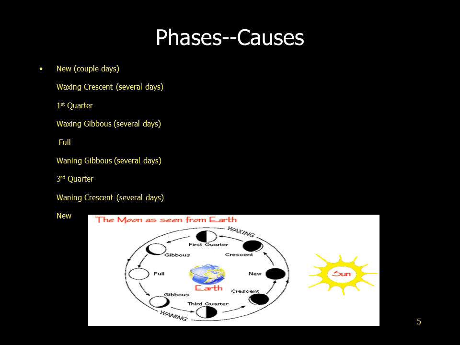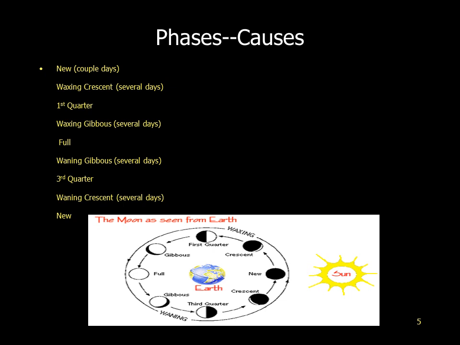First of all, the new moon. You can see the new moon here. At a new moon, the side of the moon facing the Earth is not lit. Then you can see the second step, that is a waxing crescent. What do you mean by waxing? Growing. The moon starts to grow, then the first quarter,